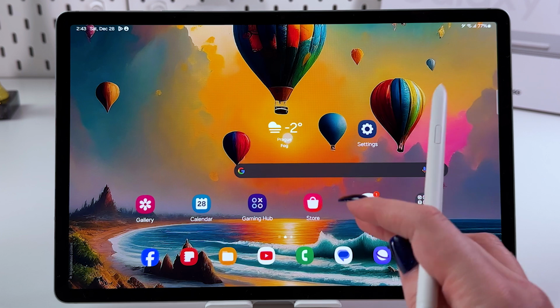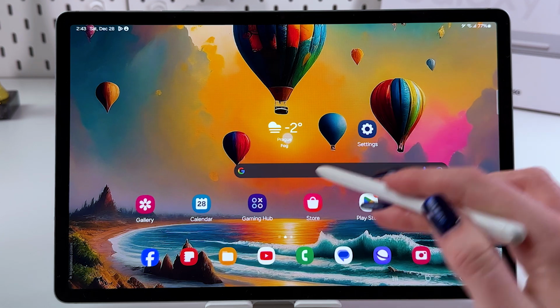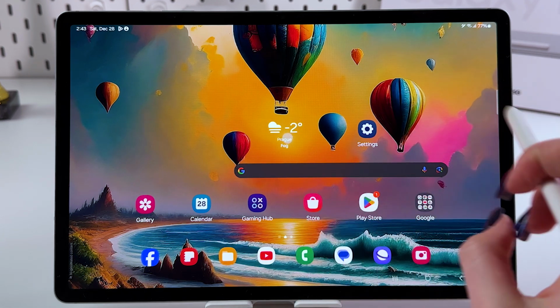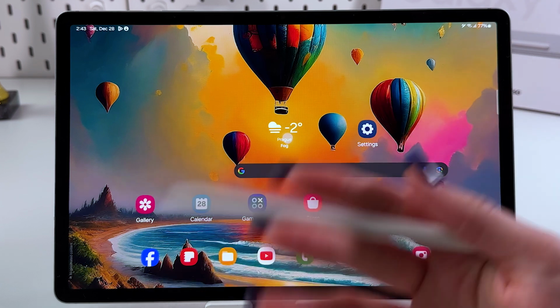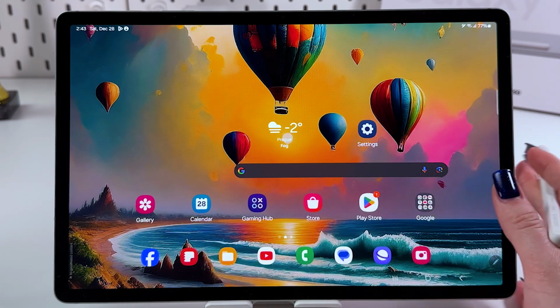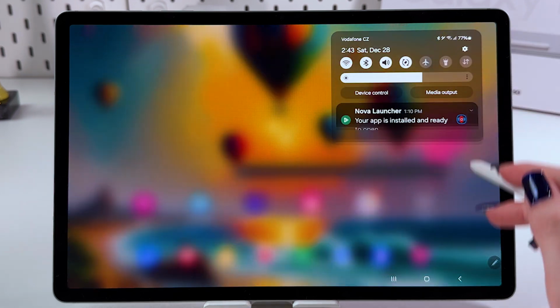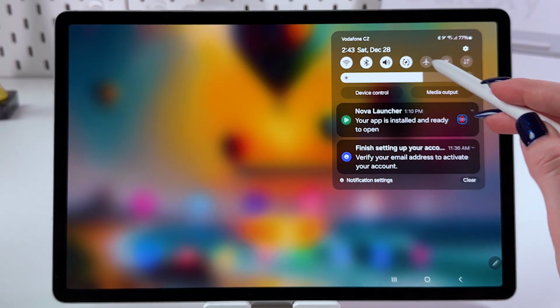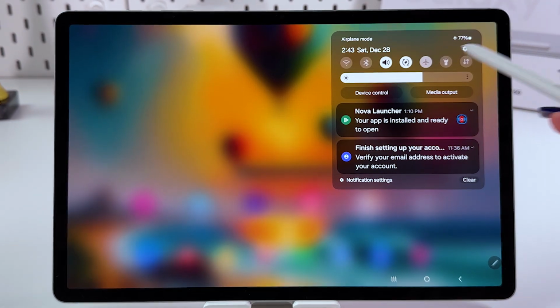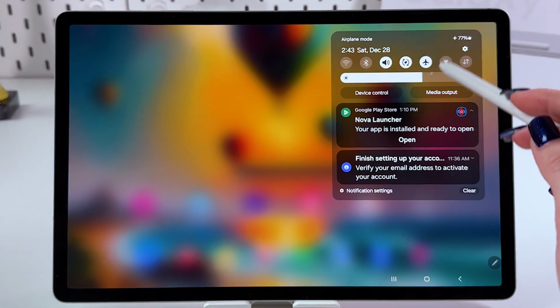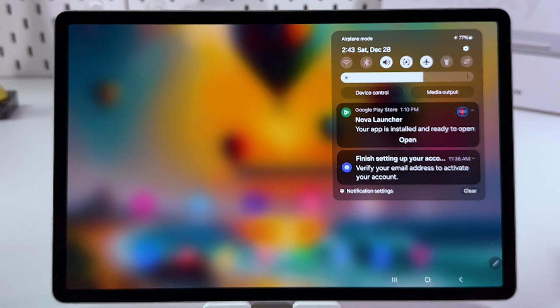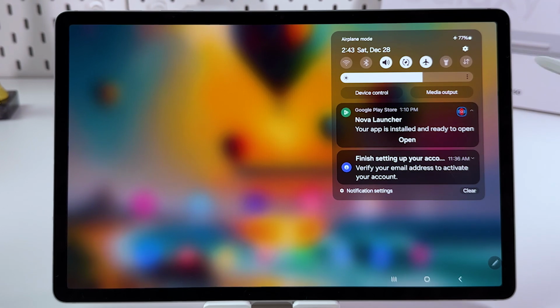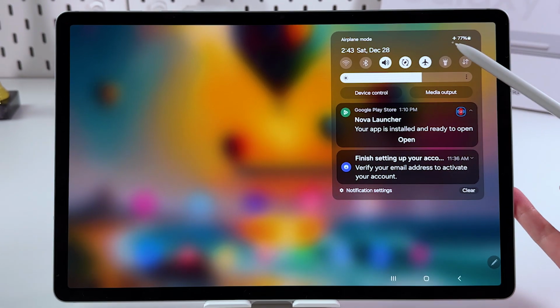Number 2 is to enable airplane mode. This mode disables Wi-Fi and Bluetooth, so it will just reset all of the connections. For that, we can either swipe down from the upper right corner and here tap on this plane icon right on top. So if you see that it's white, then airplane mode is enabled, and on top you should see